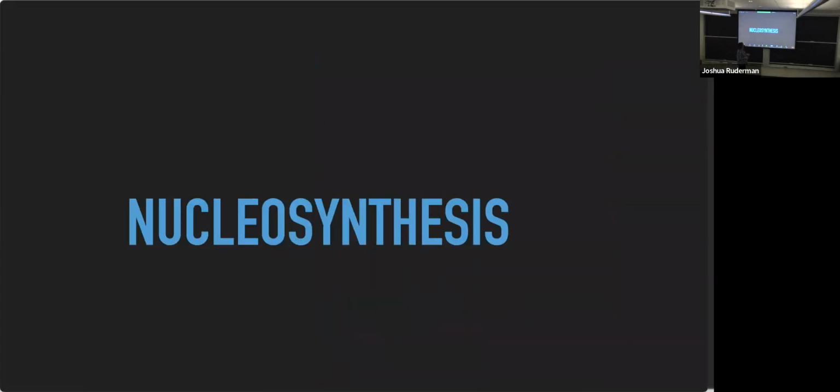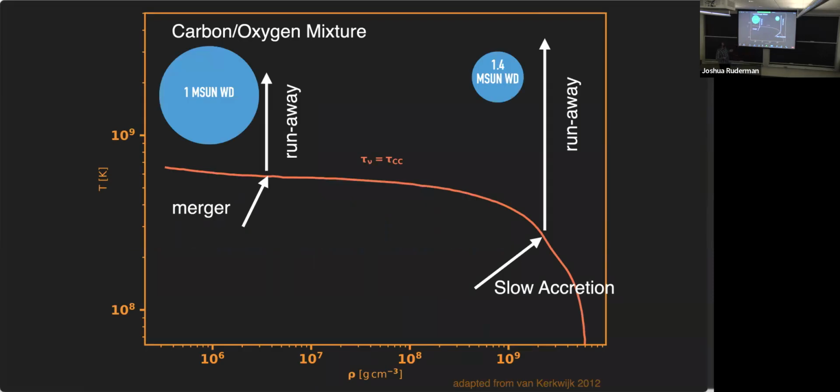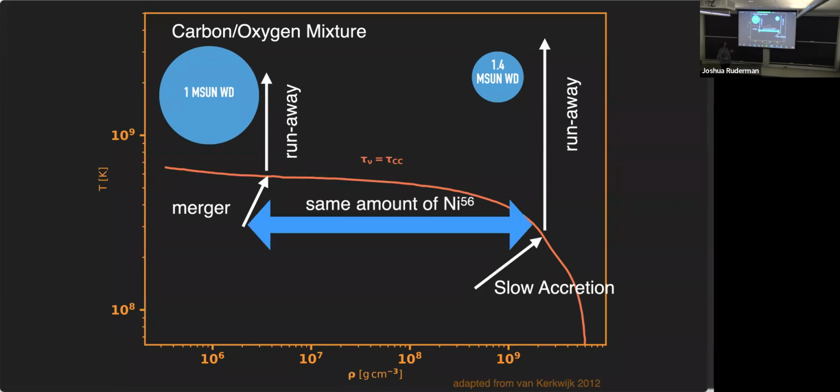The last discriminant is an interesting one. As I said before, the same amount of nickel-56 is produced in all models that are still alive today, because ultimately, if not, they would have been ruled out. But one of the differences is that at the very core of the explosion you have either more or less neutralization. That means you have either less nickel-57 and cobalt-55, or more nickel-57 and cobalt-55.